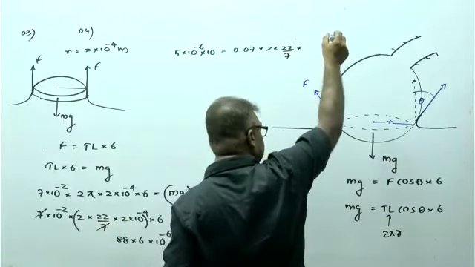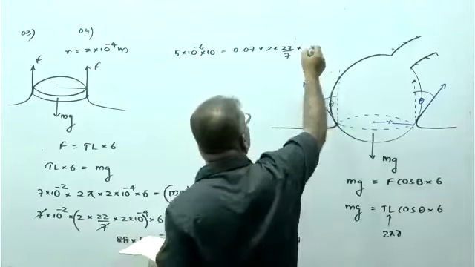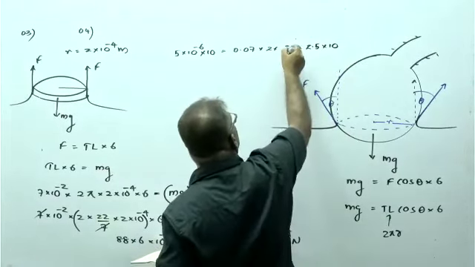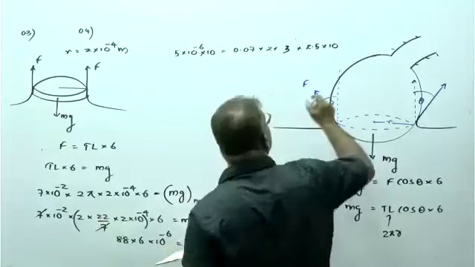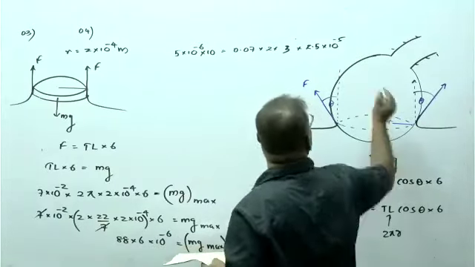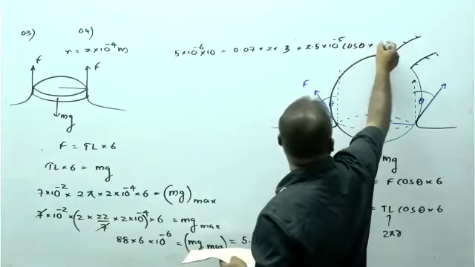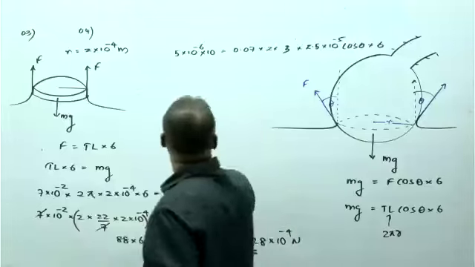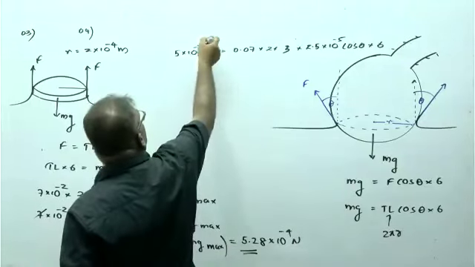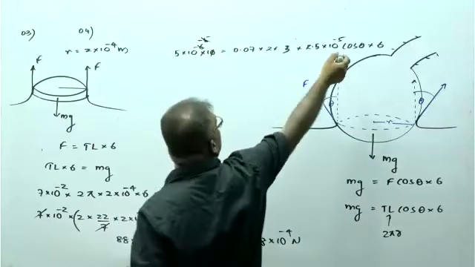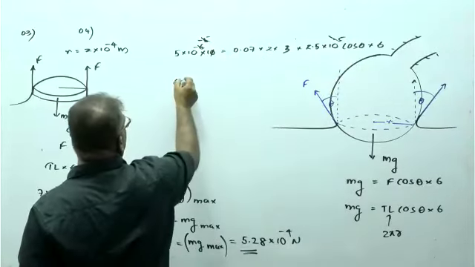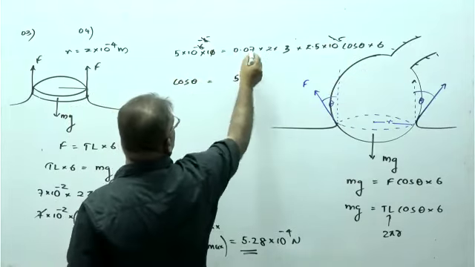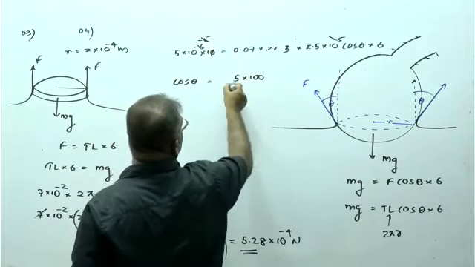Radius is 2.5 into 10 to the power minus 5, cos theta, and multiply by 6 for the 6 legs. The minus 5 cancels. Cos theta becomes 5 into 100 divided by